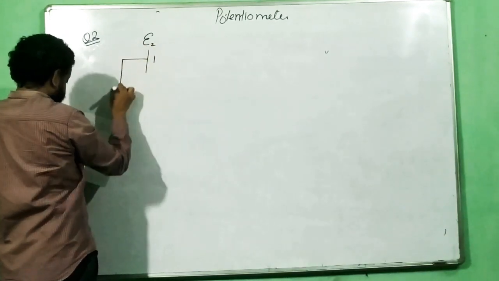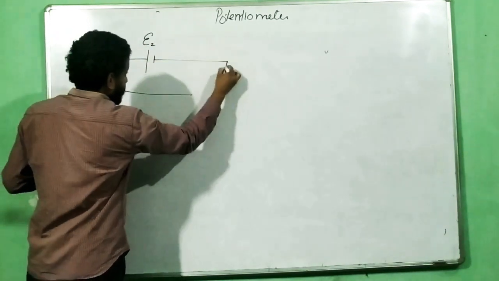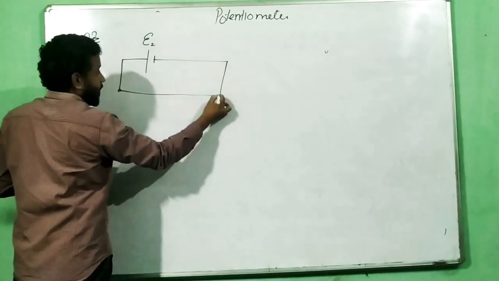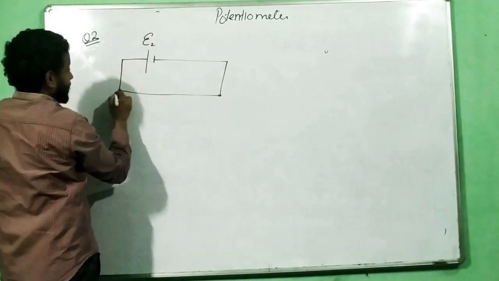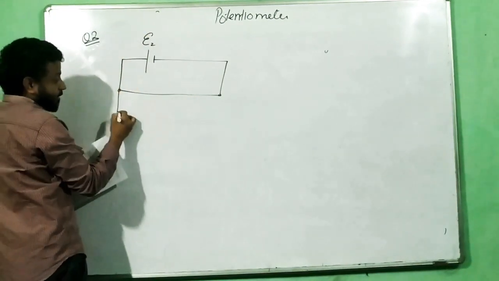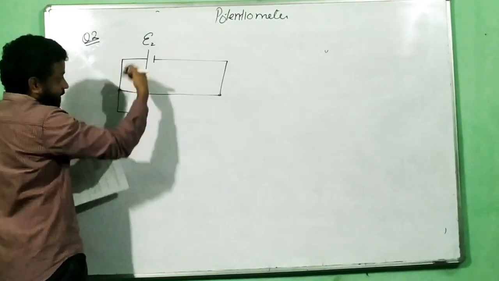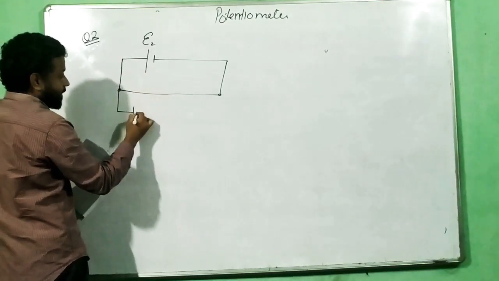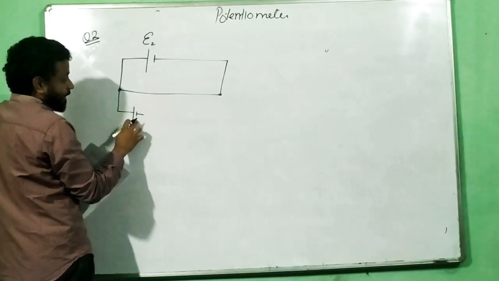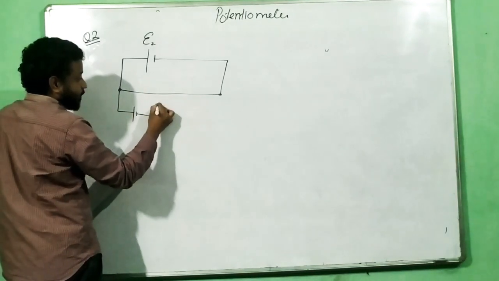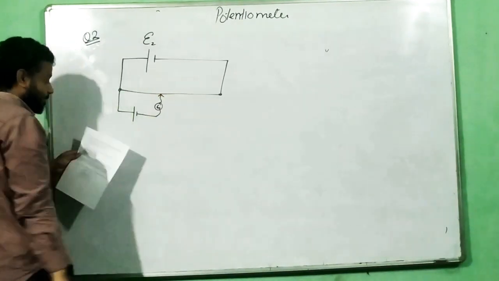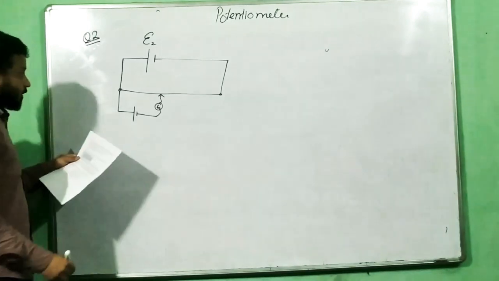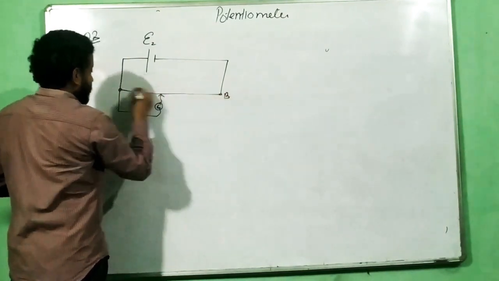And then you have this as the potentiometer wire. See, now the driver EMF is upside. I have told you again before also that the circuit can be upside down also, doesn't matter. The one which is to be balanced will always have the galvanometer. Never forget this. Now the question says, so this is your AB length. This is your AB length.